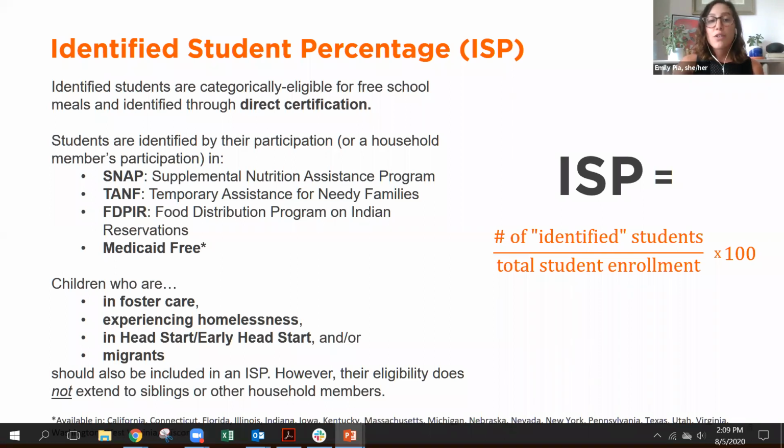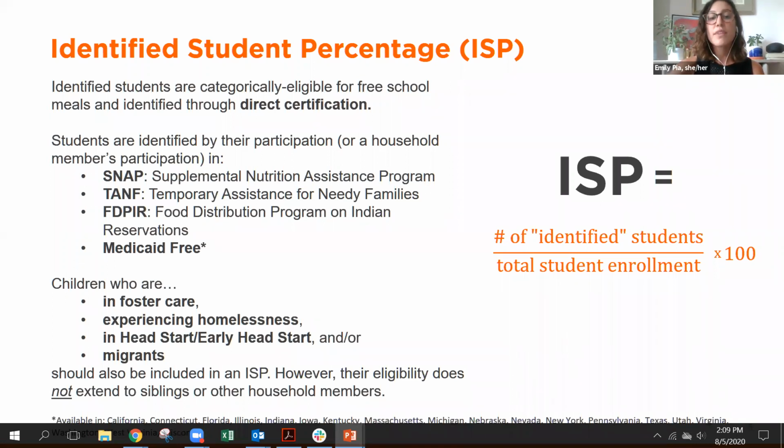So that's a really critical piece this year, making sure that for all of the new families and new students who are showing up on SNAP lists, schools are also checking addresses to make sure that we're extending the eligibility to students who live in households but may not show up on the direct certification list themselves. So for these 4 top programs here, you can extend, it's sometimes called sibling eligibility, you can extend eligibility to other members in the household, even if they themselves are not showing up on the direct certification list.